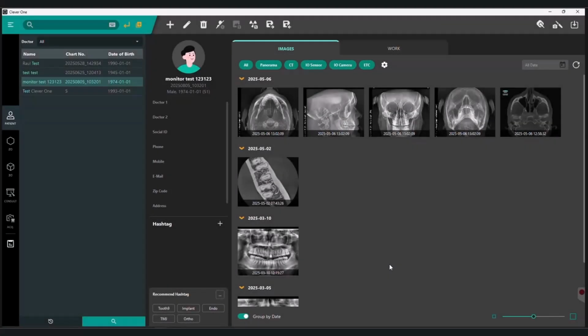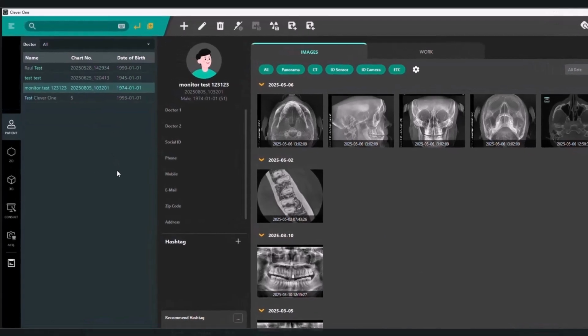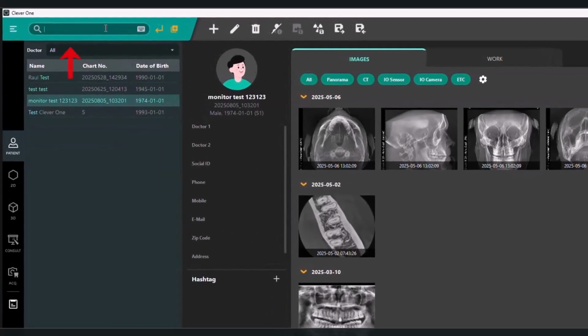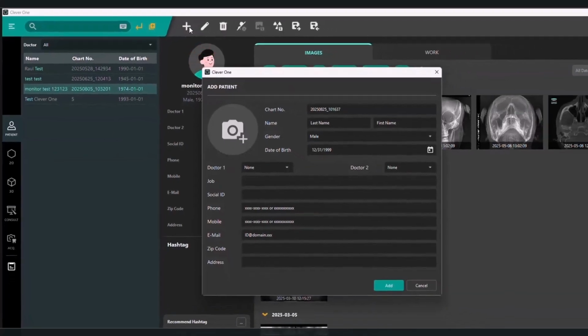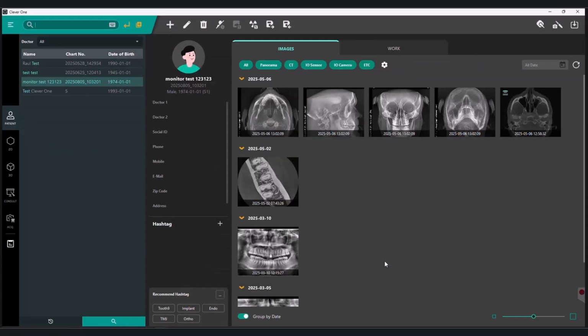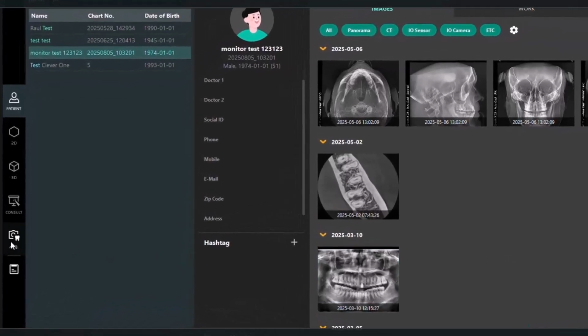To take an image from Clever One, we begin on the Patient tab. Search for your patient in this search box on the upper left of the screen. To add a new patient to the system, click on the Add Patient button. Once we are in the correct patient chart, click on the Acquisition tab on the left panel to select your